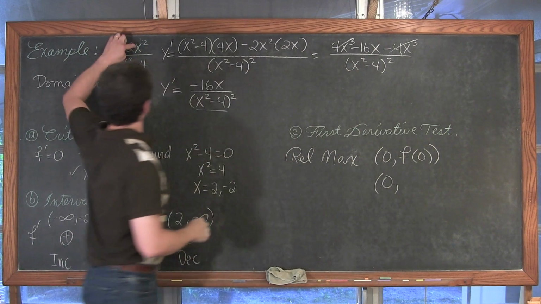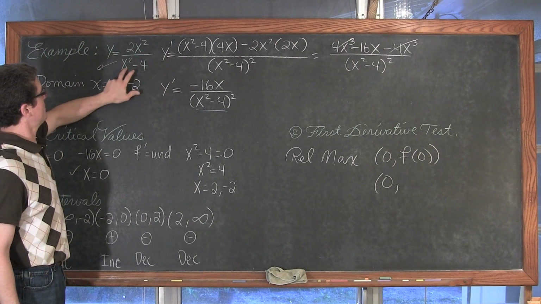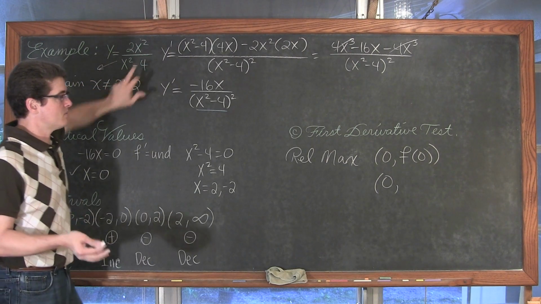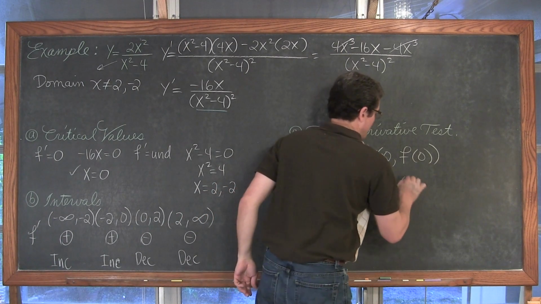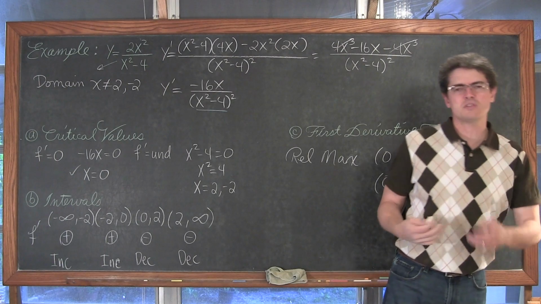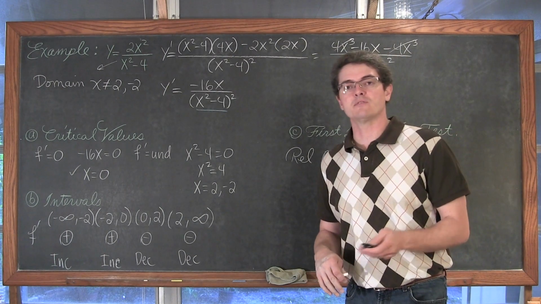Go to my original function, I plug in 0 for x, and we're going to have 0 over 0 minus 4, and 0 over anything other than another 0 is equal to 0. So we have a relative maximum at 0. I'm going to pause the video, erase a little piece of this board, and we'll just see what this function looks like to verify everything we observed in our first derivative test.